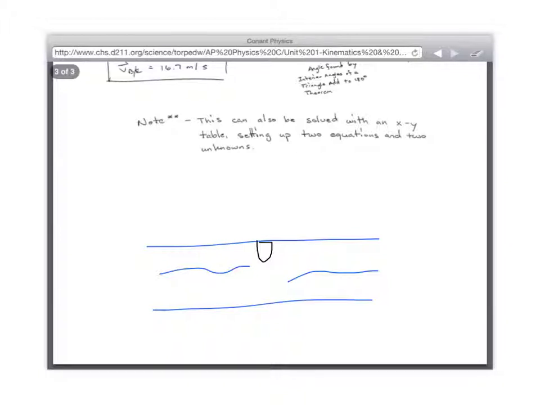So what way is the boat heading? South. Straight across the river. What way is the river flowing? To the right. So what way does the boat actually travel? Diagonal. Does that make sense? All right, we'll pick this up more on